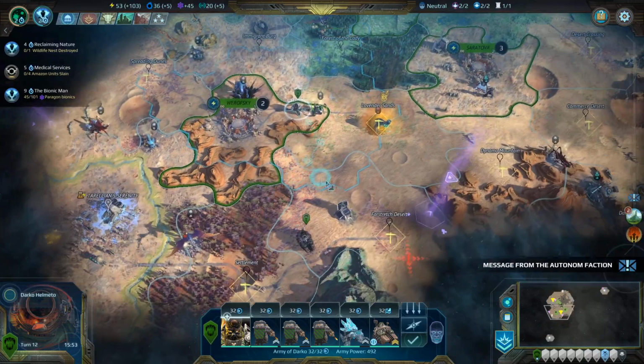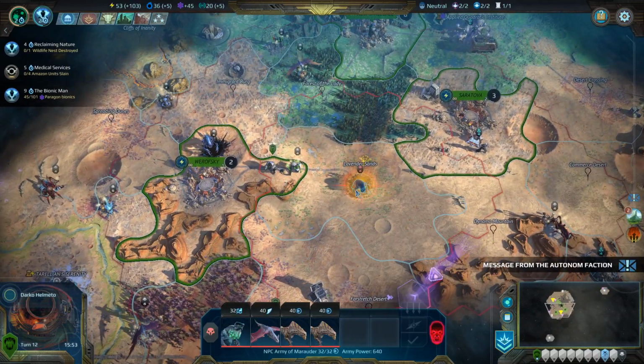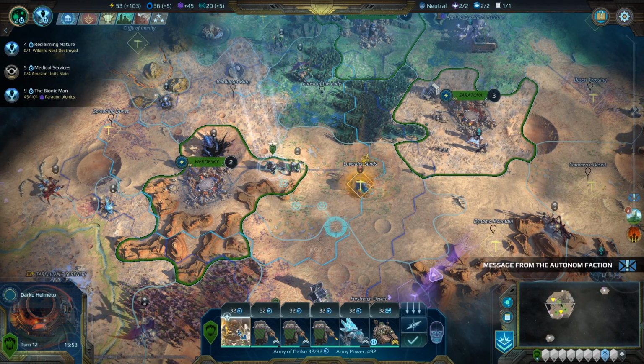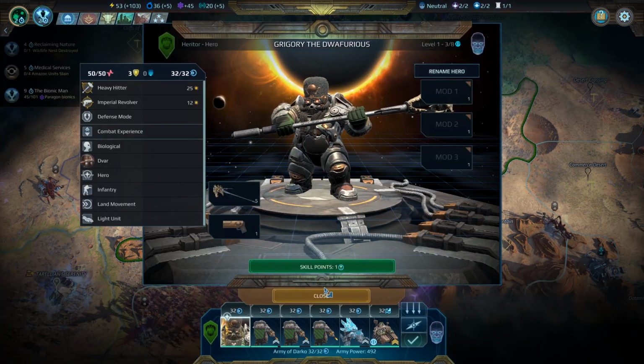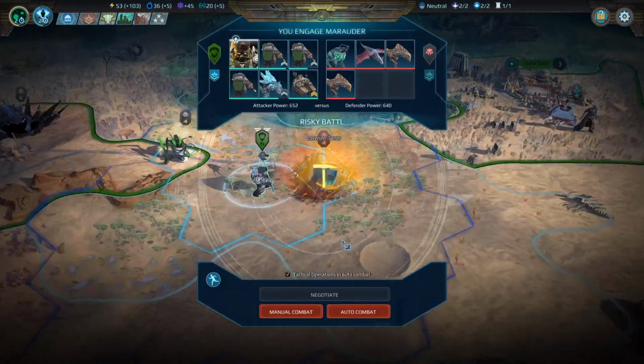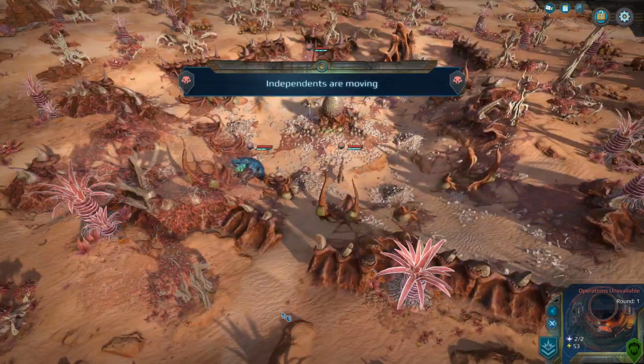This guy's got some HP. Is it enough to deal with all of that stuff? Maybe the answer is yes. Unless it is no. But let's do it anyway. Risky battle. We've lost our arms and legs and we're back. So,